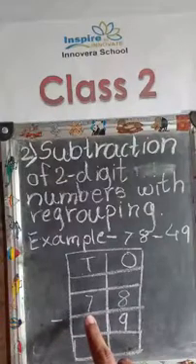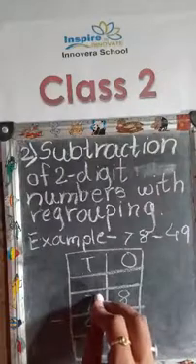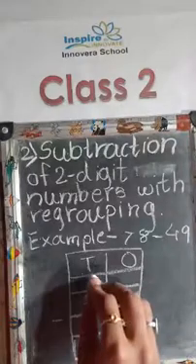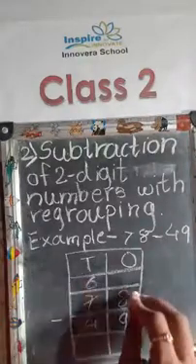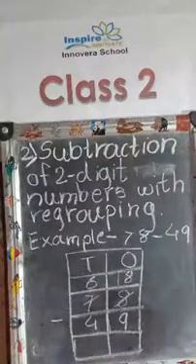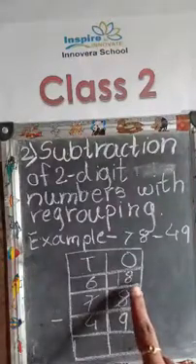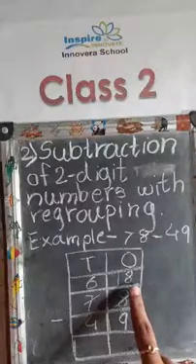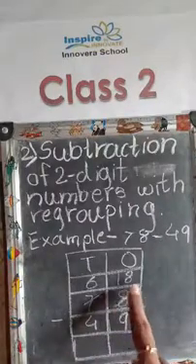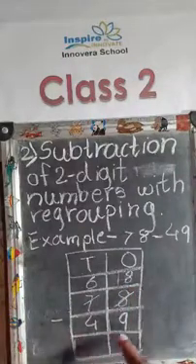If we borrow 1 from the tens column, how much is left over here? Then 7 minus 1 is equal to 6. And here we can cut, and it becomes 18. Now we can subtract easily. We can subtract 9 from 18 easily. So 18 minus 9.